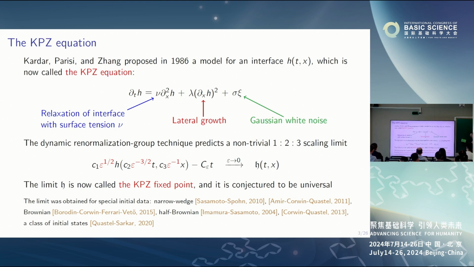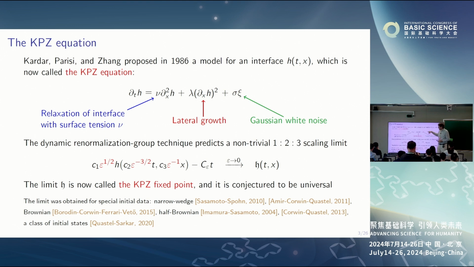Okay, so in 1986, Kardar, Parisi and Zhang, three physicists, proposed the following stochastic PDE to describe random growing interfaces. This stochastic PDE is nowadays called the KPZ equation, and this is the equation which Ivan introduced in his talk. Here, h is one of these height functions, let's say the height function for the burning paper. It depends on time and space variables, and it satisfies this nonlinear parabolic stochastic PDE.